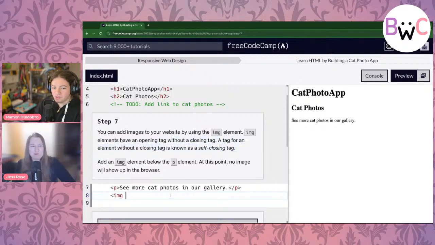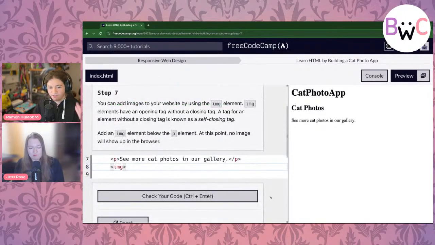The thing about a self-closing tag, and some tags have this, most don't, is that you do not need to add a corresponding closing img. You can just have it. It is meant to just be like this. A handful of elements have this, and img is one of them.